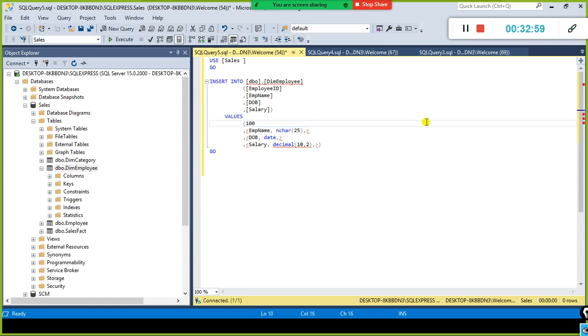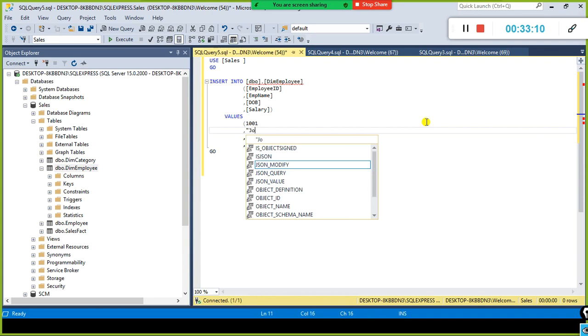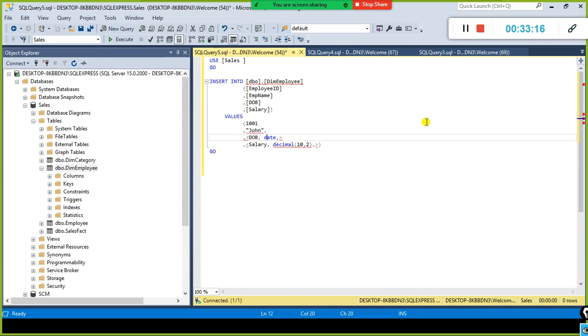For example, the employee ID is 1001, and the employee name, here you specify the employee name, something like John, and then if you go down here and specify the date of birth, whose date of birth is, let's say, 3, and let's say 1998, I just go and say something like that, and the salary is,